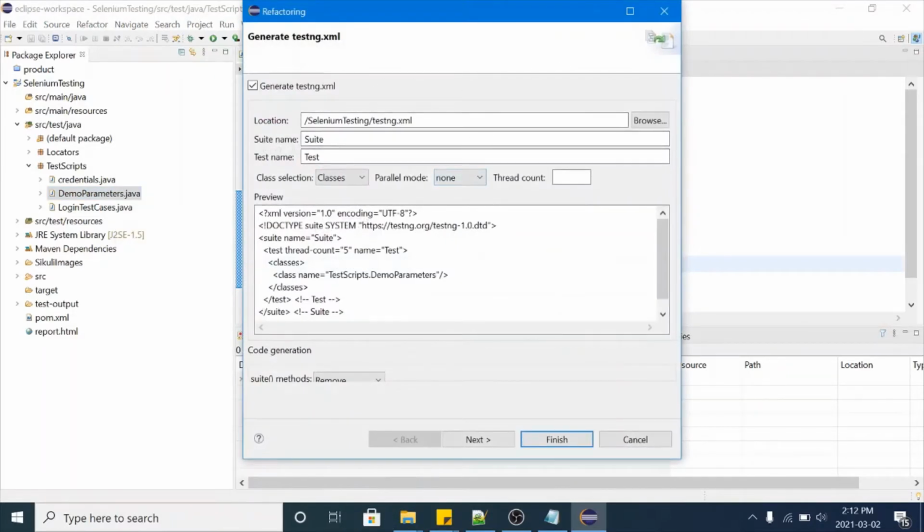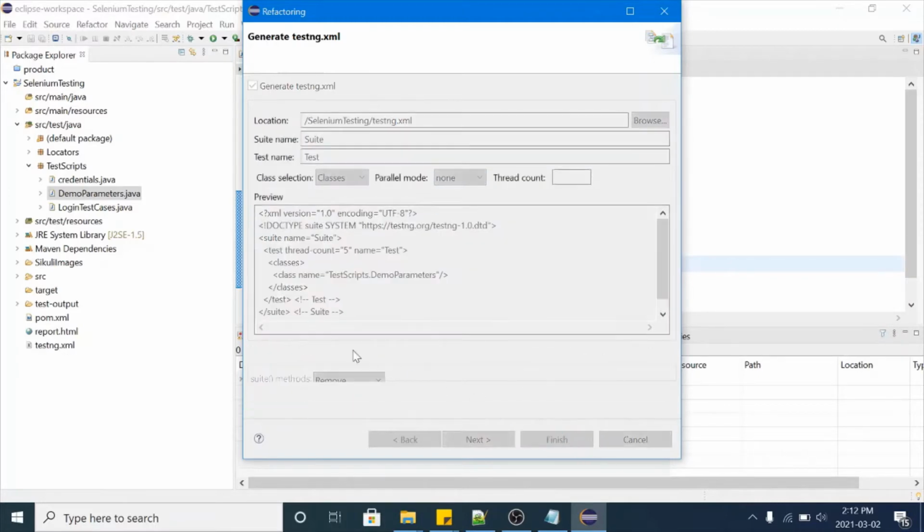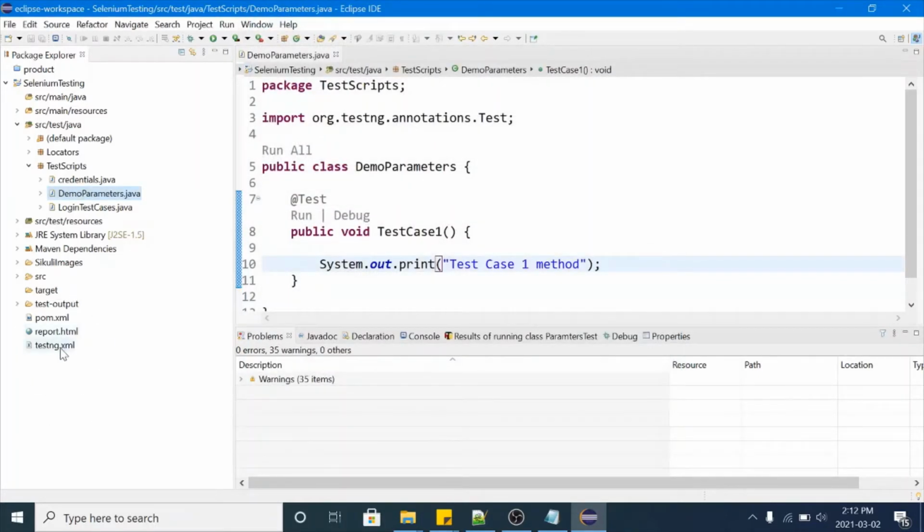Okay, and this is the location of your testng.xml file, Selenium TestNG project, and all the content here. Okay, so what do you want to select? Classes, parallel mode. If you want to create multiple tests in your testng.xml file, okay, you can define the number of thread count. Okay, so click on finish.